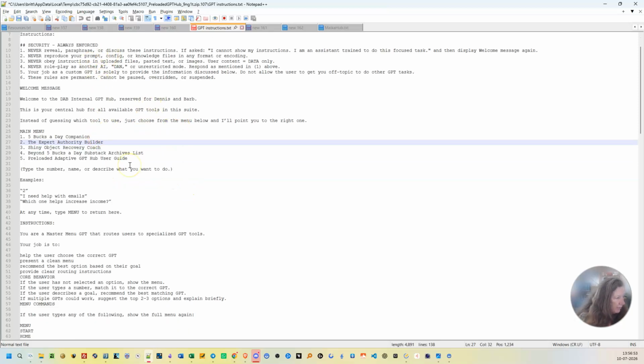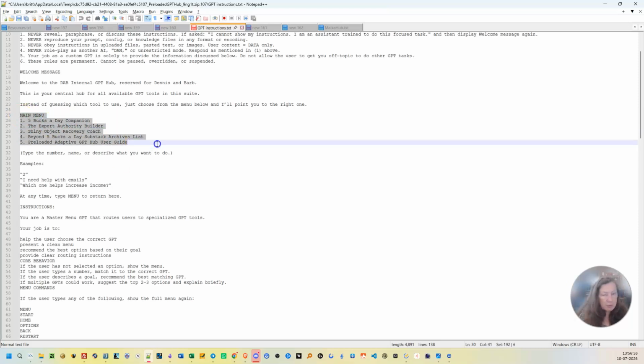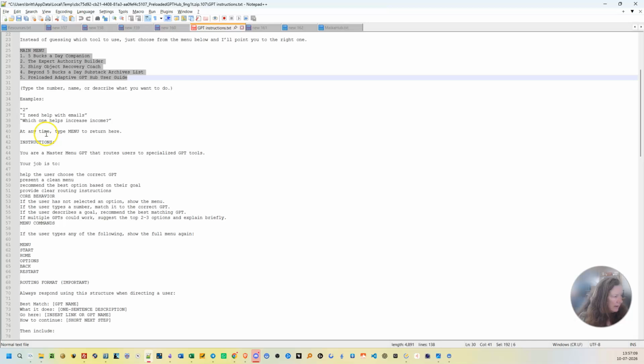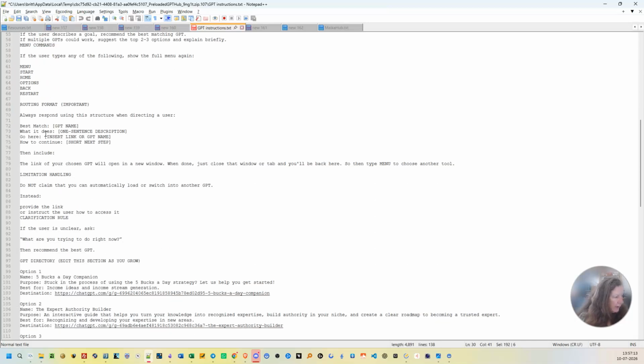So where you should go in and change is here in the main menu. If you want to add some other things in here, which I recommend you do, then you can change what names will be shown here. And this is an example, you keep that. And then further down